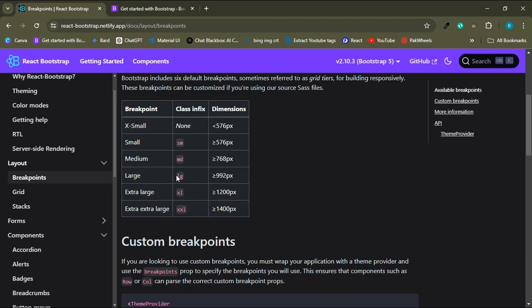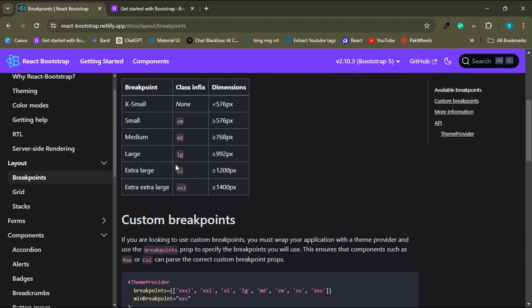This was LG for big laptops or our PCs, and extra large. This was for LEDs. So XXL,